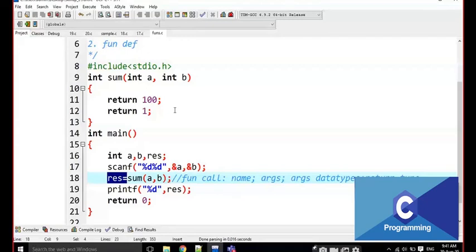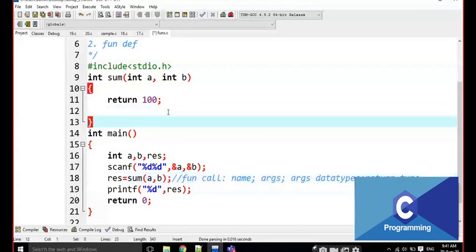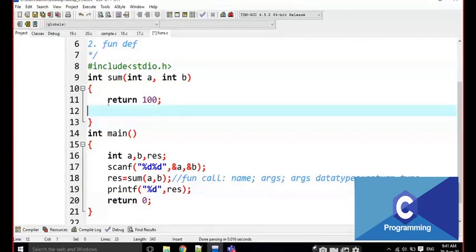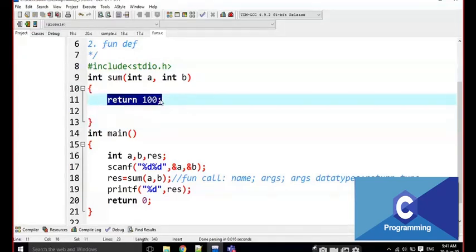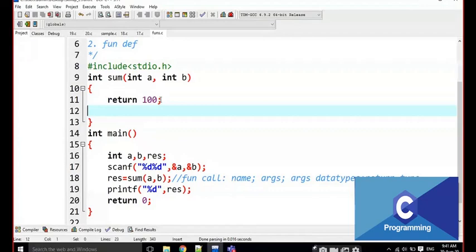That's why only one return statement will be executed. If this line is executed, it never executes the remaining ones. It automatically goes back from the function once a return is executed. The statements below are never executed. It goes back to the main function. That's why the output is 100 only. Even if you execute it 100 times, the output is 100 only.